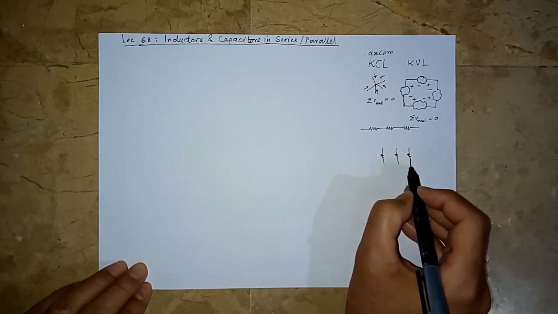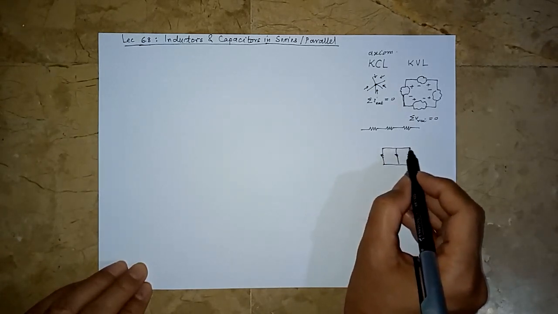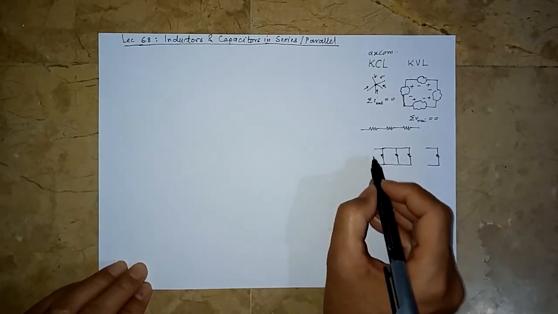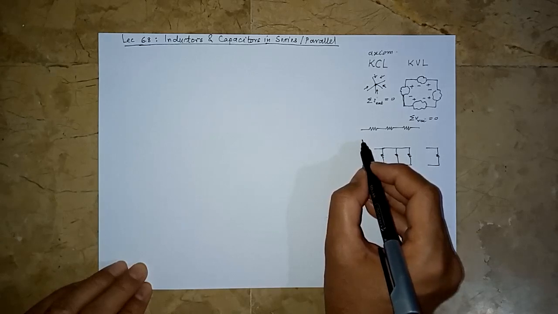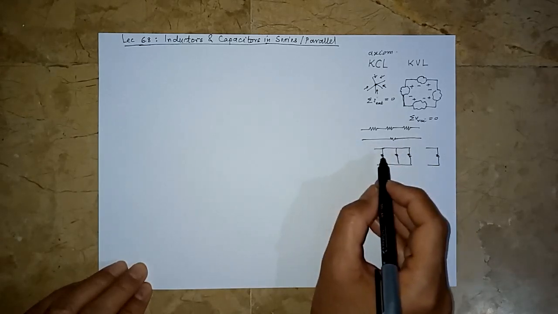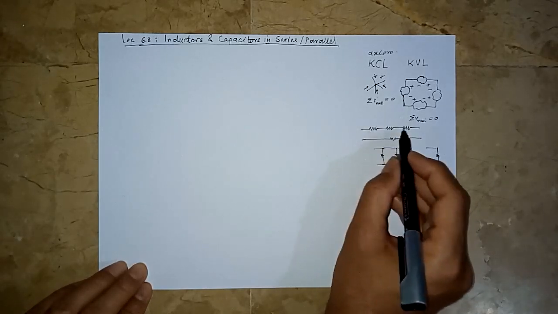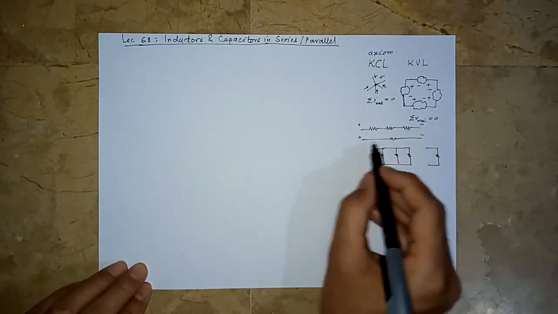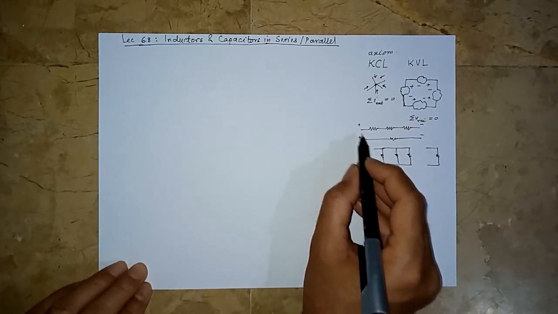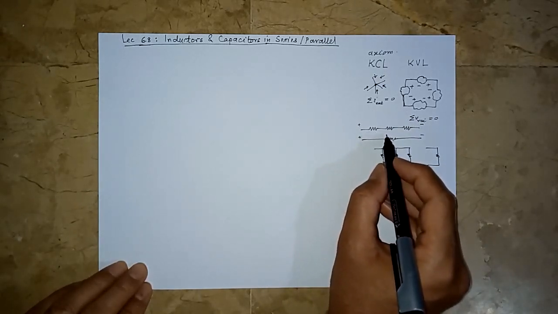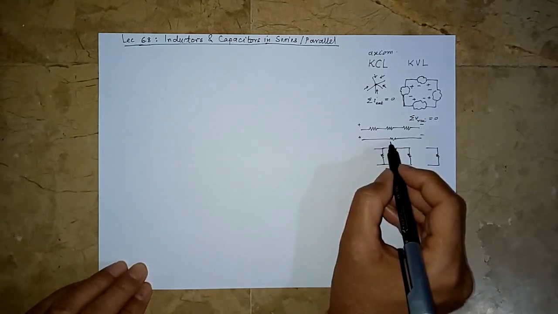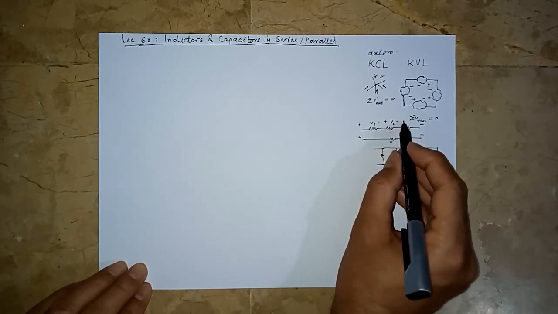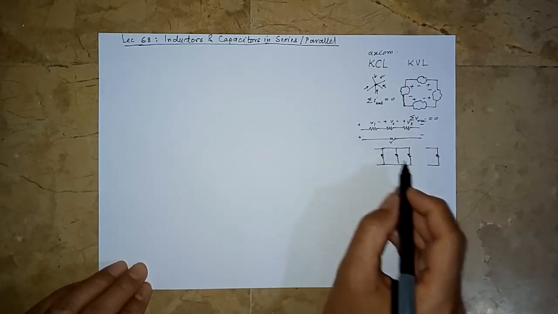So just from this drawing, you can see that if we want to find the equivalent resistance between these two nodes, the voltage should be the same and the current flowing through them must be the same. So which law are we going to use here? The voltage across both of them must be equal to the voltage across this one plus the voltage across this one plus the voltage across this one, which is KVL.